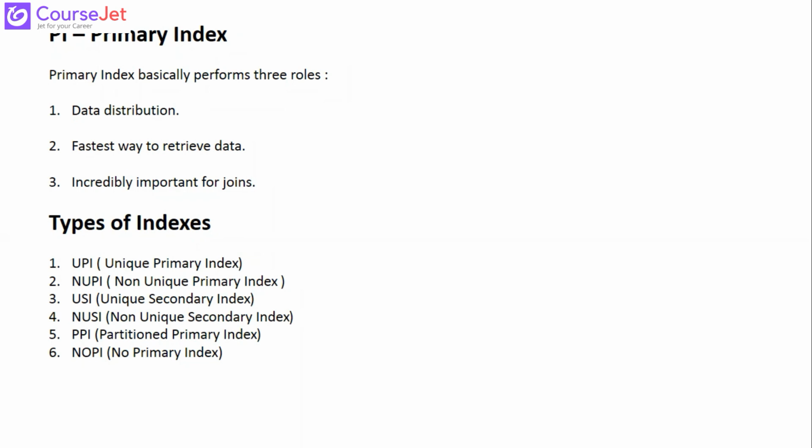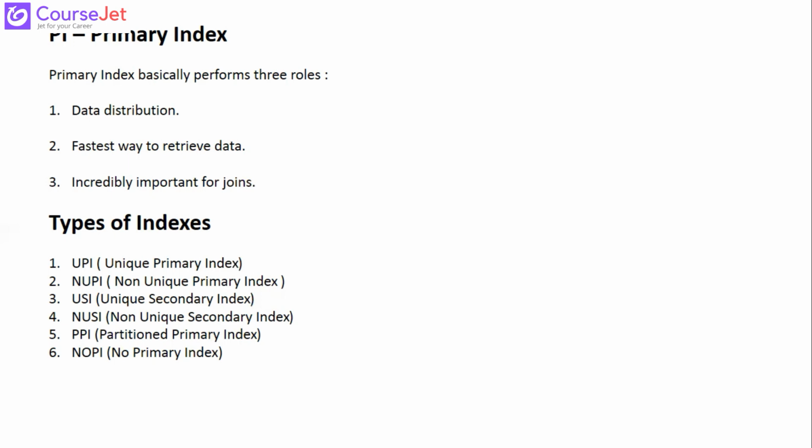And the latest one is no primary index. So recently they introduced this NOPI, where we can create a table without a primary index. So what will happen at this stage is there won't be any hashing done on the primary index. So data will be evenly distributed on the AMPs randomly. Right? Most of them don't use that in production because it can be useful in a staging activity where you load